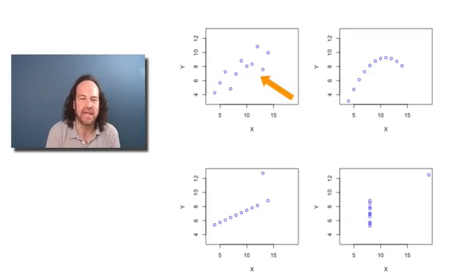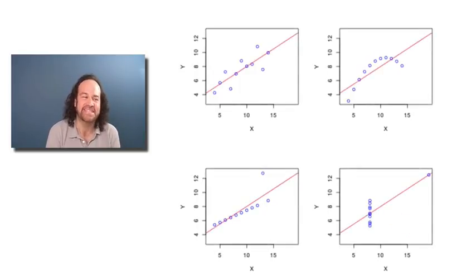One of them looks like a nice linear relationship. One of them looks like a curve. One of them looks like most points on a line, but one of them way up. One of them looks like all the points kind of squished on top of each other, except one way off in the corner. And yet, if we look at the line of best fit, it's exactly the same in each